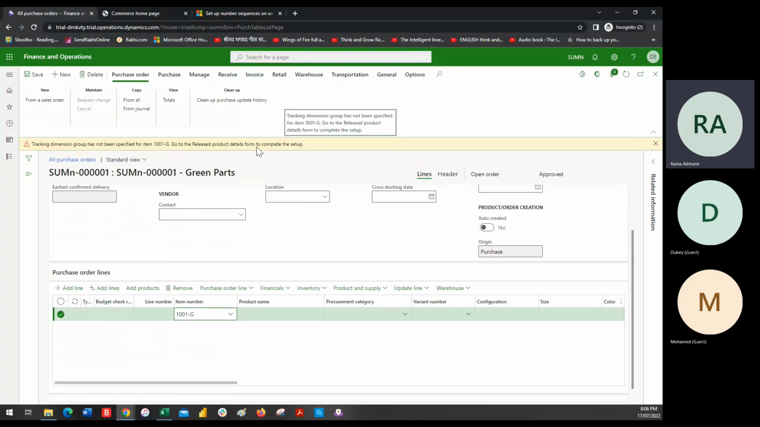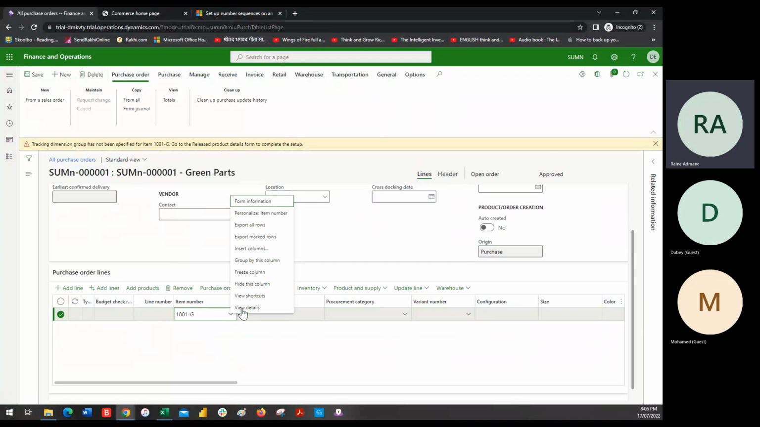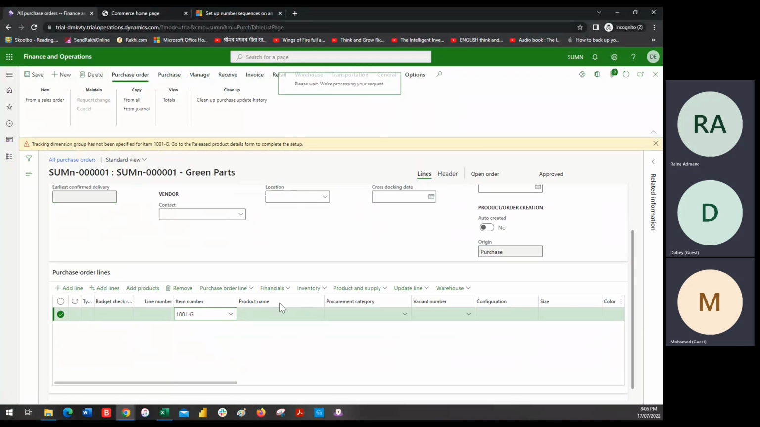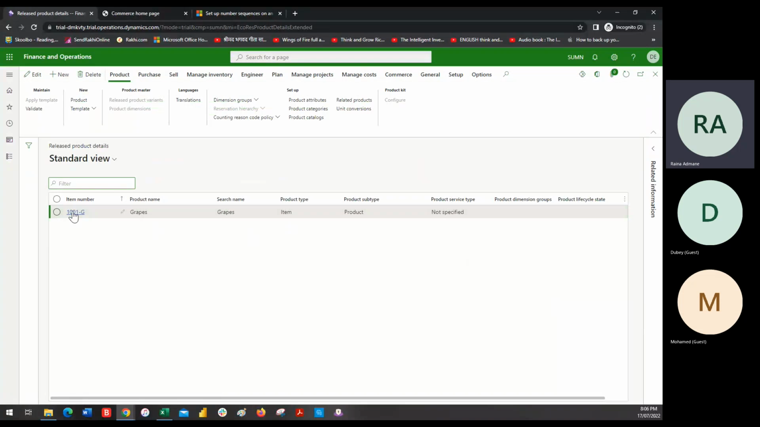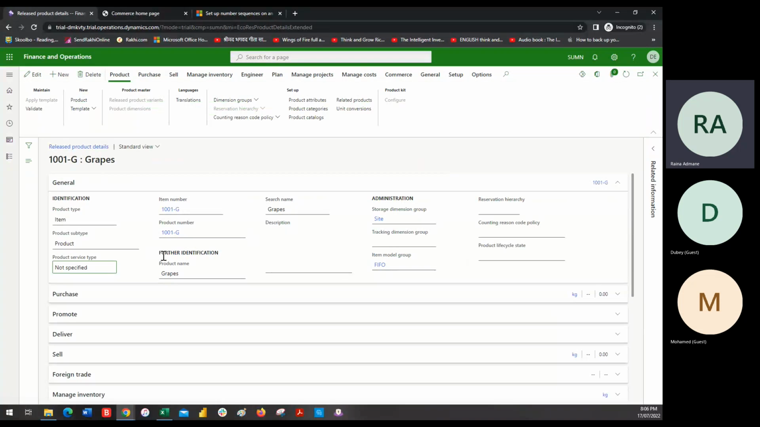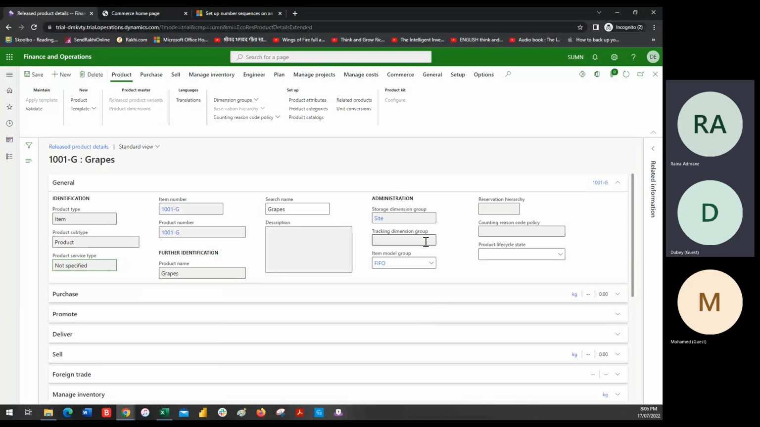Tracking dimension group has not been specified. So what it says is, if you don't want to give any tracking dimension group, you have to give none. If you don't select anything, it is showing this. So in the tracking dimension, click on edit first, and